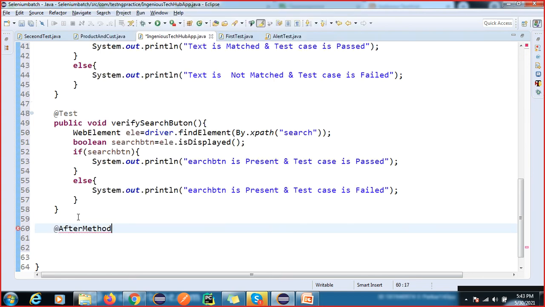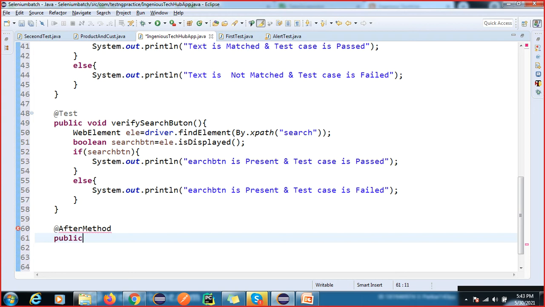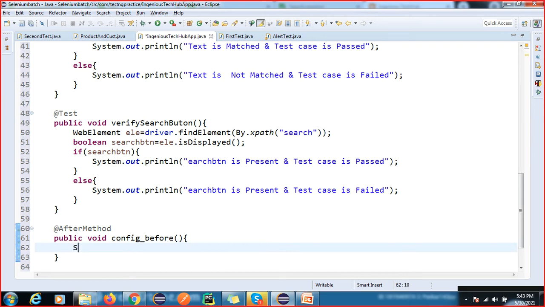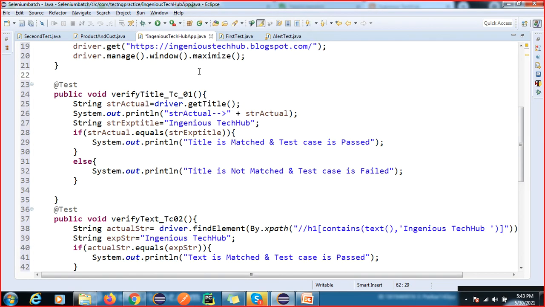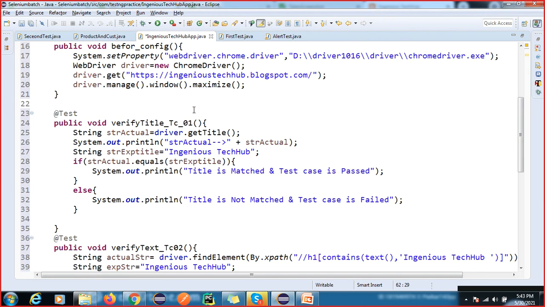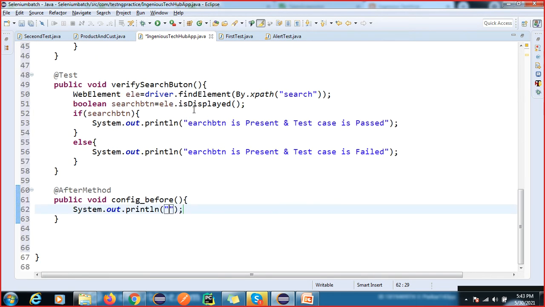And here again, after method, public void config. Here what else? I'm just closing this, right?